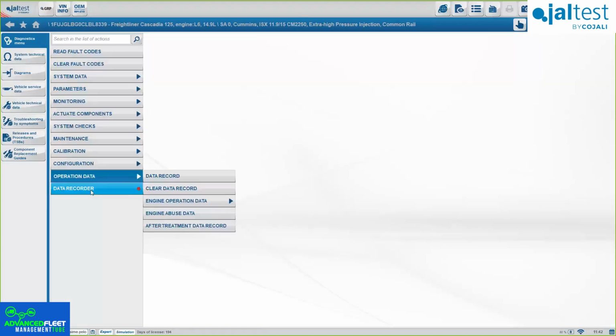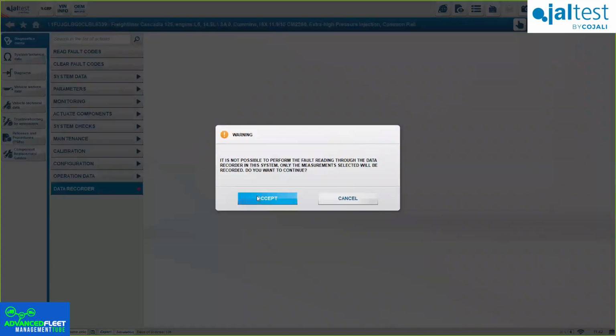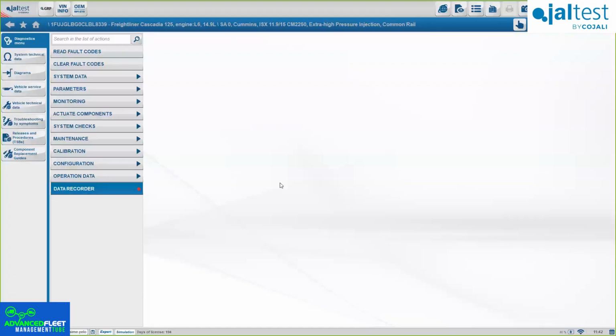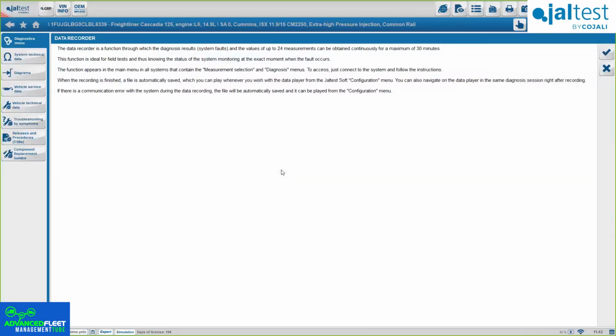And finally, we have the data recorder. It's an option, okay? If you are doing a road test and you want to record, let's say, up to 30 minutes of the road test to make sure that you can check all the values afterwards, you can do it through here. It's pretty simple.